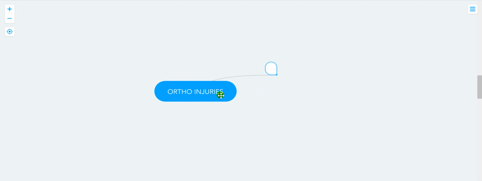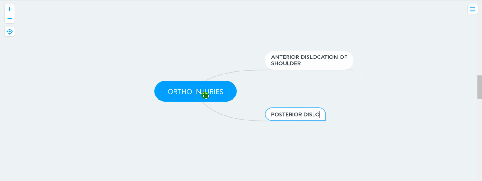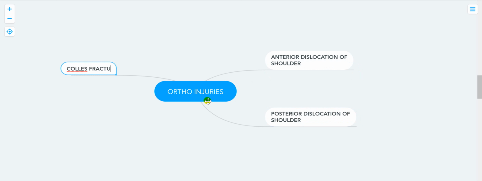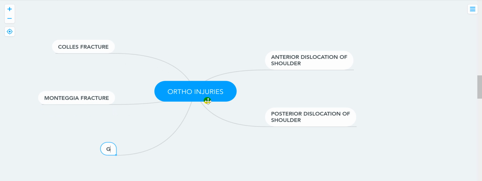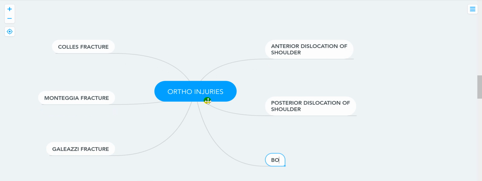We're going to discuss the anterior dislocation of shoulder, and the posterior dislocation of shoulder, and we will be talking about Galeazzi fracture and anterior fracture, plus Galeazzi fracture, posterior fracture,